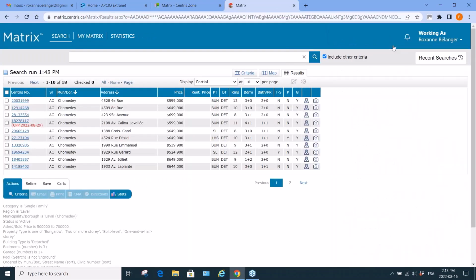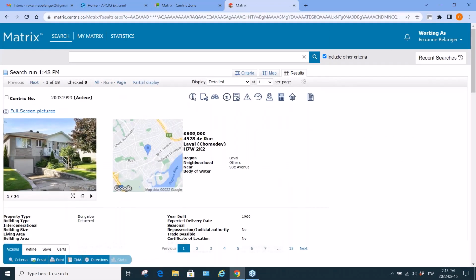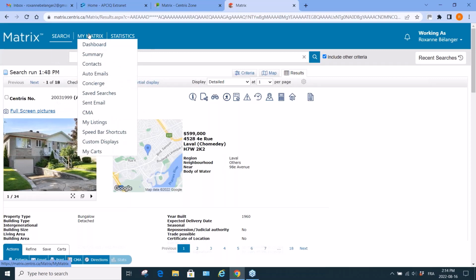So if we go back now, let's just choose one. If they're asking you to say, I saw this house, I really would like to receive the documents, you click on share the documents and you send it to them by email. So we did the search, we did the automatic email. Let us go into your